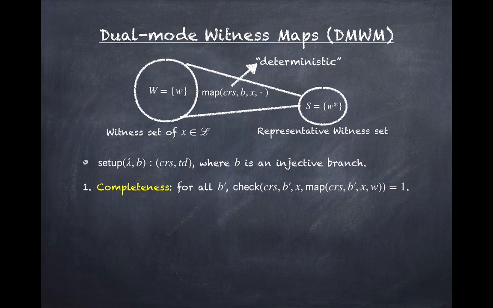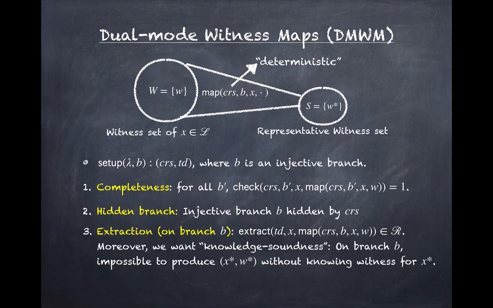And we want completeness, which says that on all branches, if the map was constructed correctly, check should output 1. We want the property that the injective branch B is hidden by the CRS, which we call the hidden branch property. We also want extraction on the injective branch B. In particular, any proof or representative witness that is constructed using map on the branch B allows for extraction